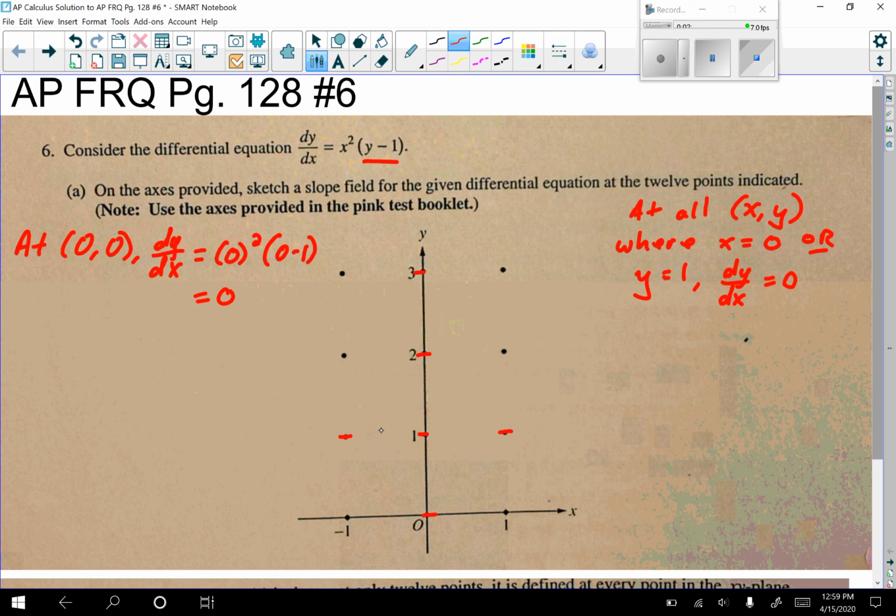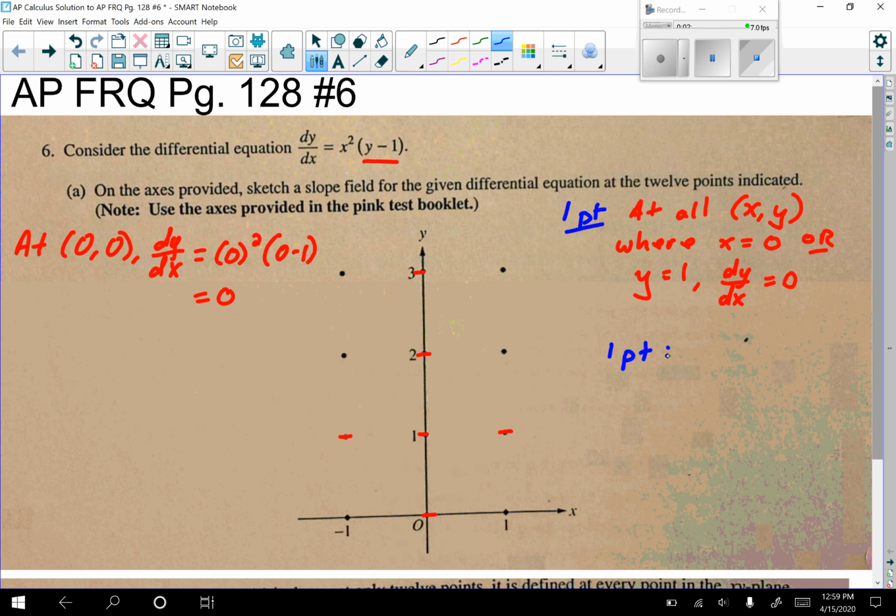So you could show the work off to the side, or just know that when you substitute in a 1 for y, you get y minus 1 equal to 0. Now, actually, the second part I'm going to write out. So we get 1 point for indicating that on the slope field itself, not necessarily writing it off to the side. You get the other point, which is actually going to help us answer part B,